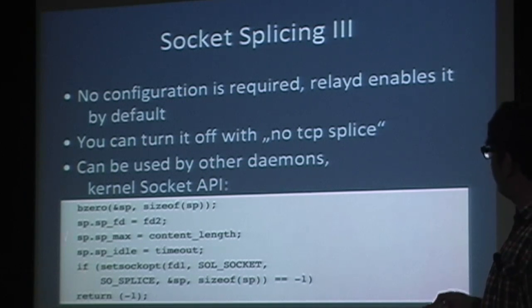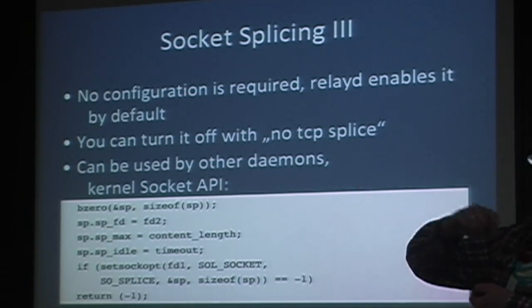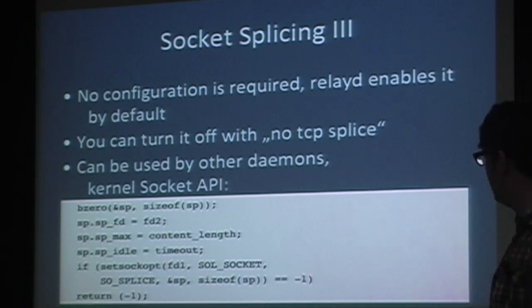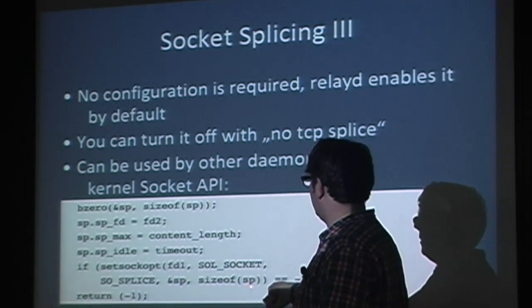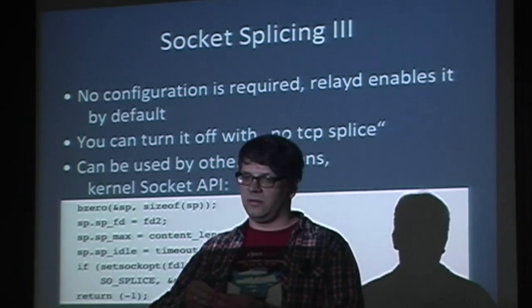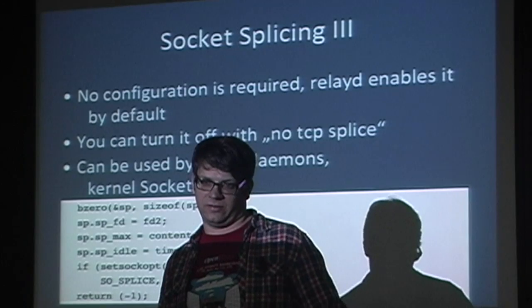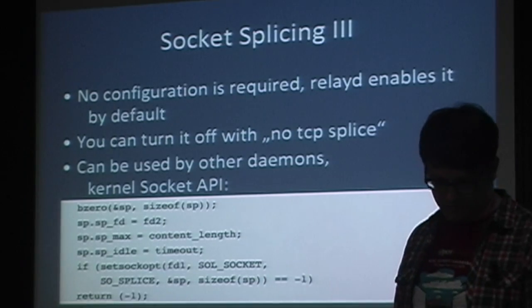And here's a little example from the API. It's using the setsockopt call. You have your source file descriptor, your open one, and the destination, and then you can specify a content length and even a timeout until it returns the data to user space. There's also another option where instead of the struct you just specify the file descriptor, which is then the unlimited mode. If you just pass the file descriptor instead of the struct, it will not return until the connection is down.